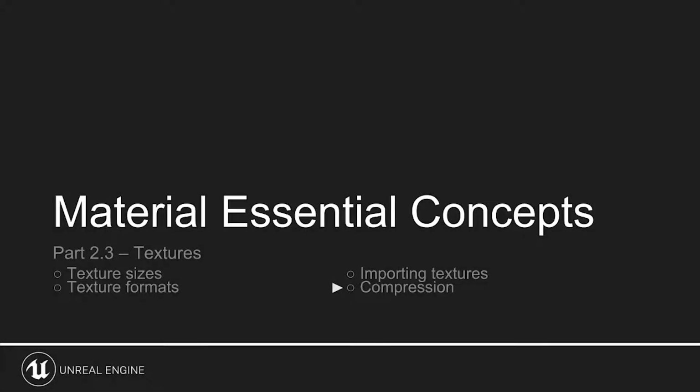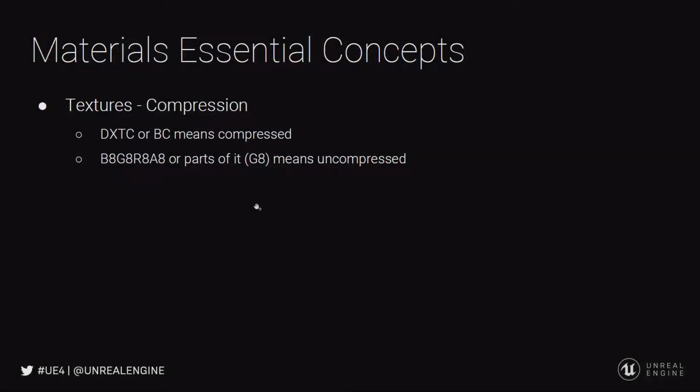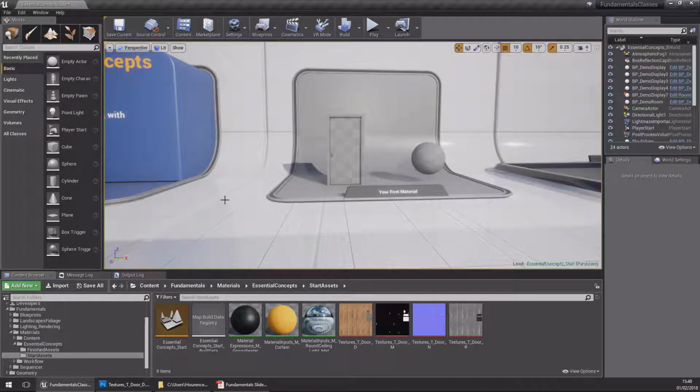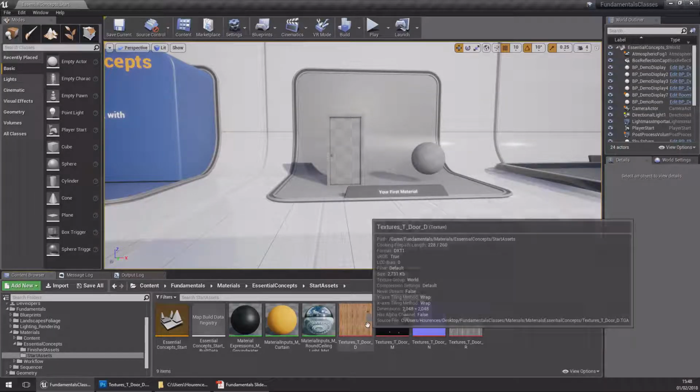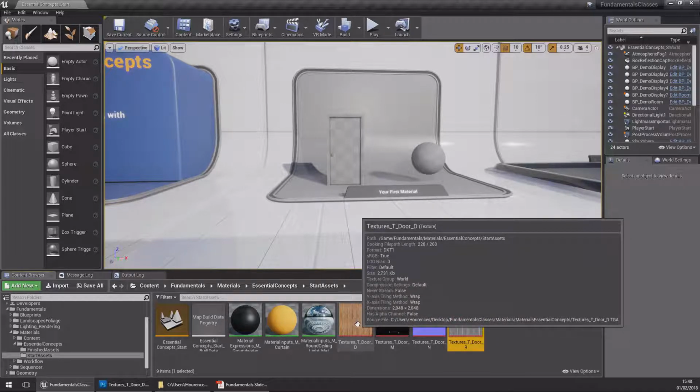Now, as mentioned, textures are compressed. By default, they compress the moment you import the textures, and they will compress to DXTC or BC. Now, these terms and these names are a little bit important because that allows you to identify if they're actually compressed or not and how they're compressed. You can see on the textures that we've just imported, if you were to double click one of them, let's take the diffuse one,